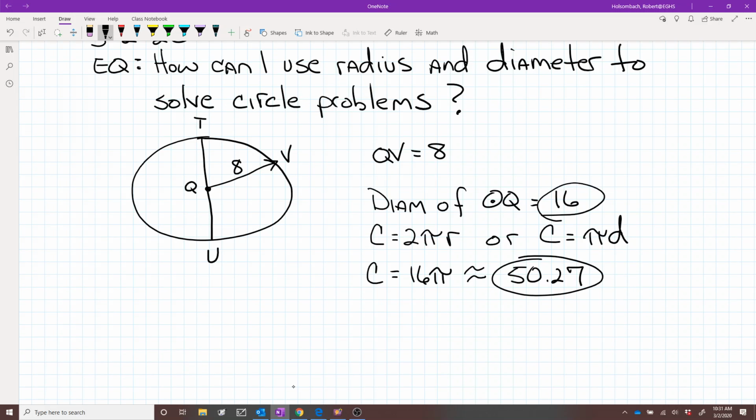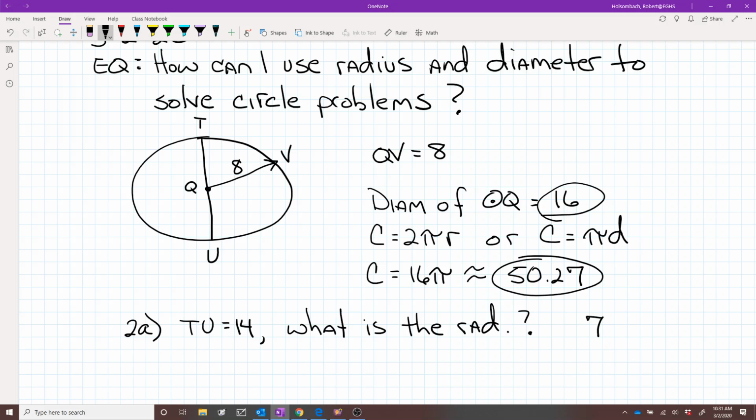Question 2a said, if TU equals 14, T to U equals 14, what is the radius? So what's the radius if T to U is 14? Radius is 7, good. And 2b asked you, if QT is 11, Q to T equals 11,